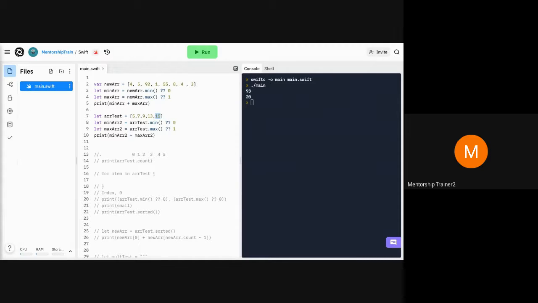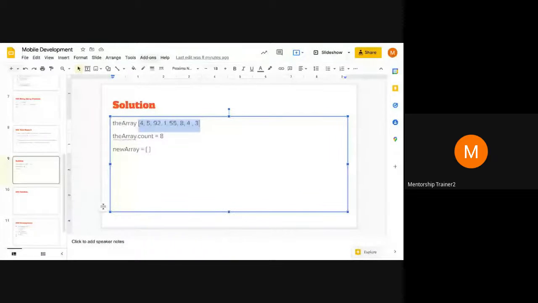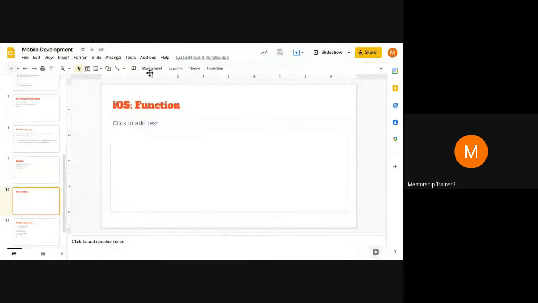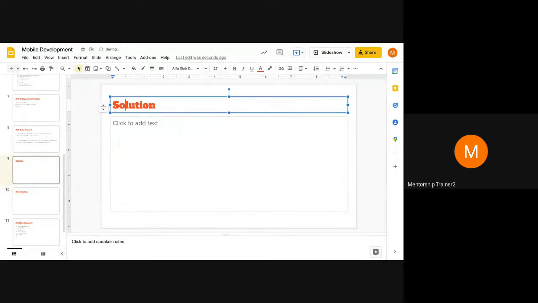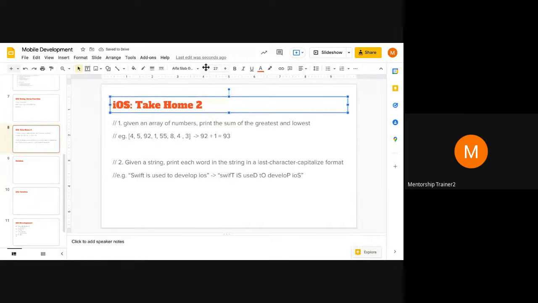So I think using this, this question can easily lead us to function, because that's our first take-home today. So we should be doing function, right? iOS function. So I'll paste the solution here so that we'll have it. So it will be solution take home 2, right? I'll paste the solution, but this time it will be in a function,